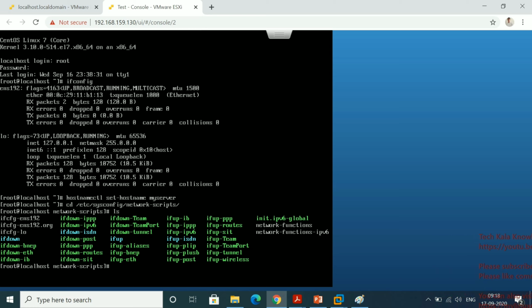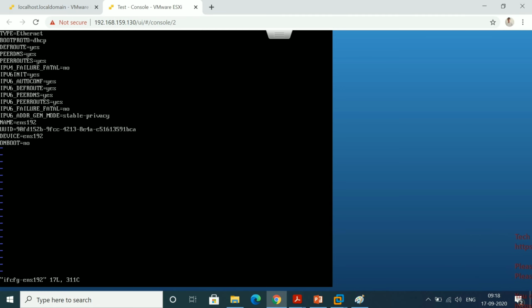We have to edit that file through the vi editor. I'm going to edit that file, ifcfg-ens192. Here you have to change a few parameters and also add a few parameters.